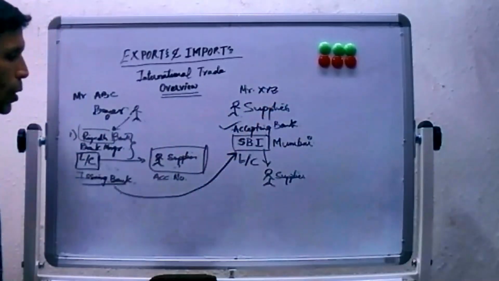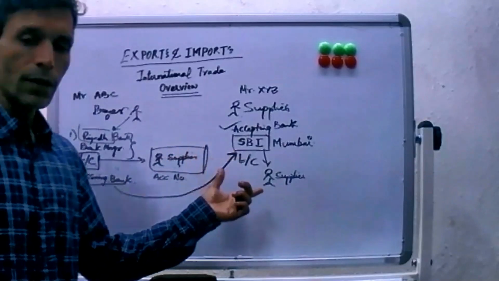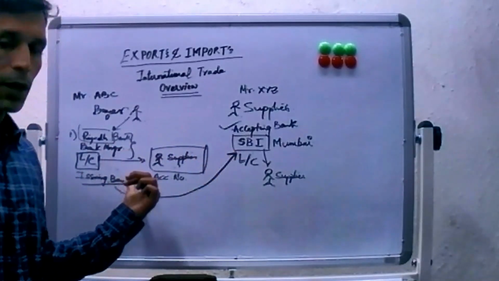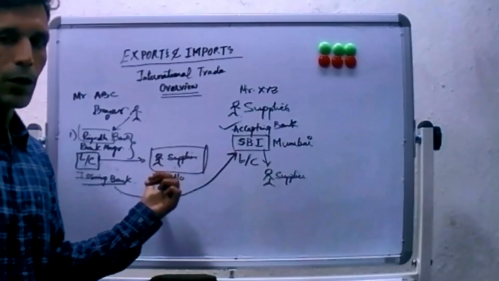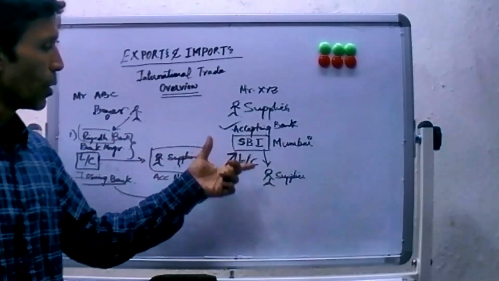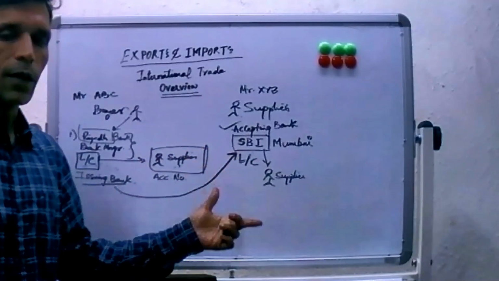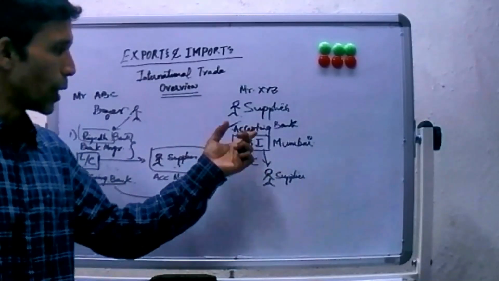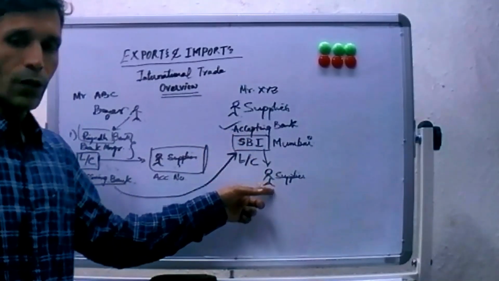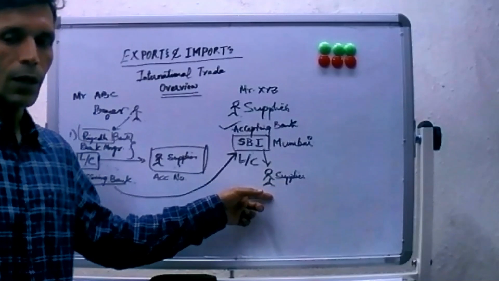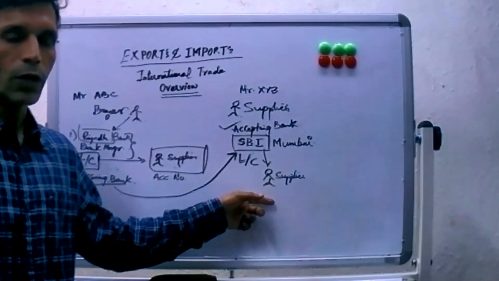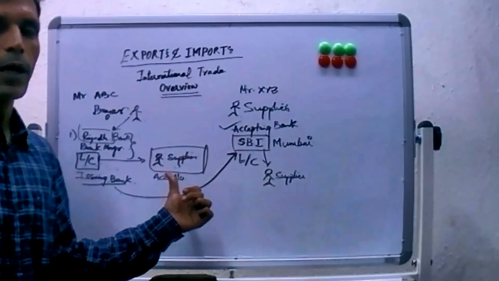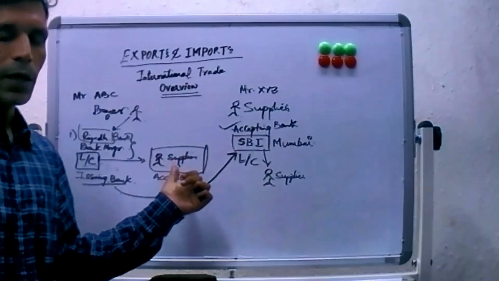The bank receives this courier with the LC from the issuing bank, and once they receive it, they open it and check it and say, okay, this is the LC. Now they contact the manufacturer, the supplier of the sugar, and say, hey, Mr. XYZ, we have received an LC from the issuing bank, from the Bank of Riyadh,